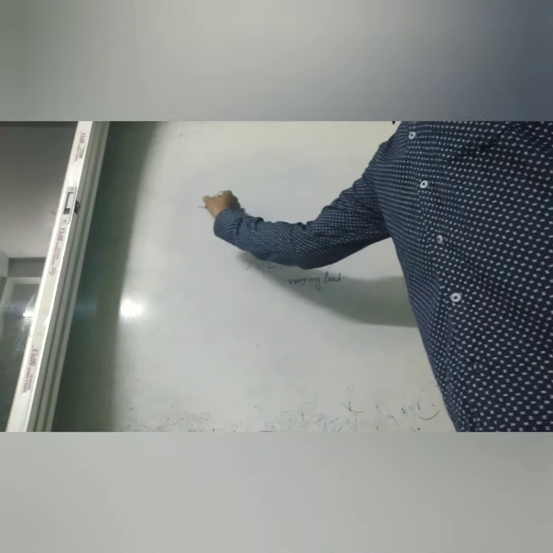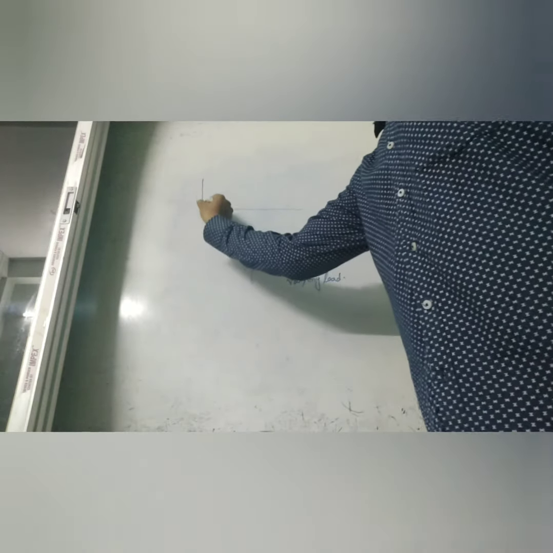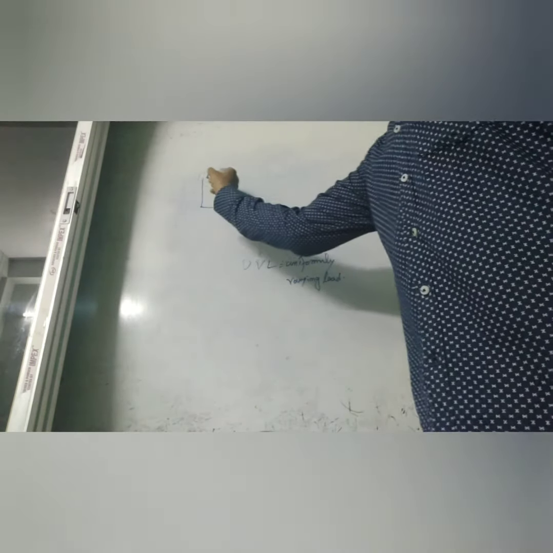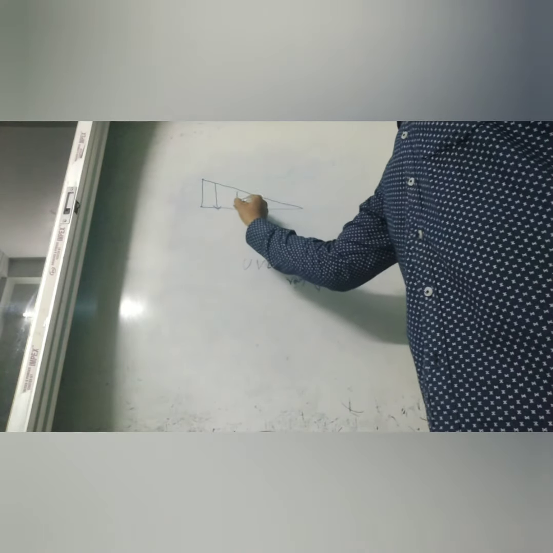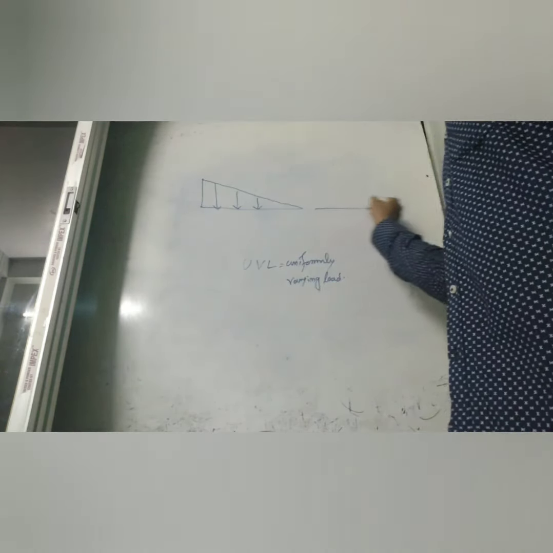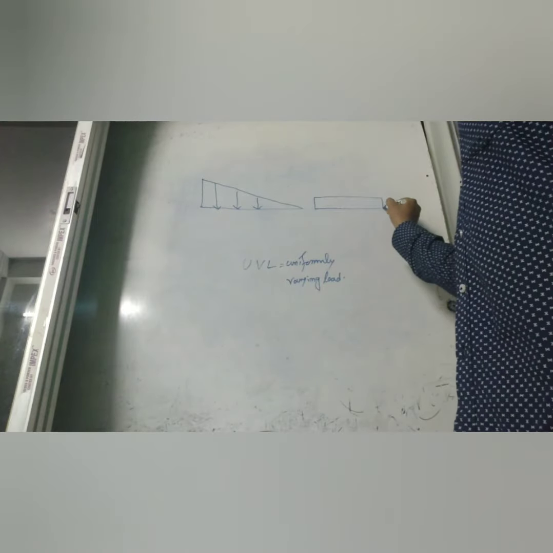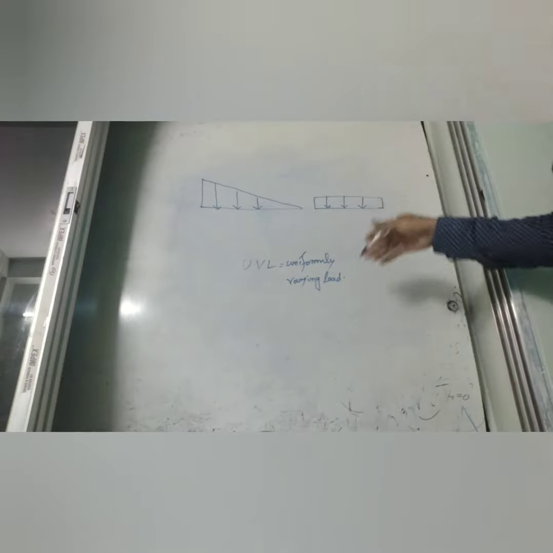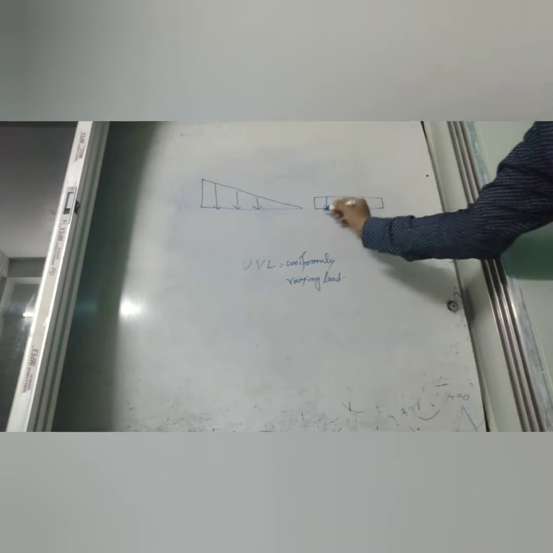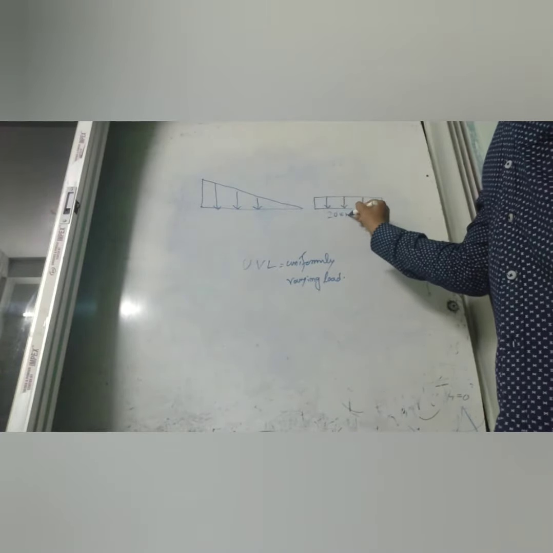UDL means uniformly distributed load. In that load, we use 20 kN per meter, which is fixed. But in case of UVL, one side is more and the other side is lesser or zero, which means there is an increment of the force. In case of UDL, the load is the same over the total distance, so it will develop 20 kN per meter.